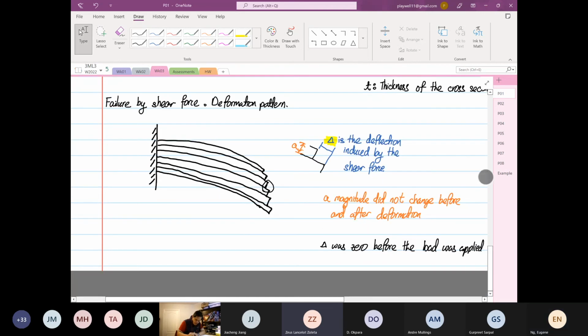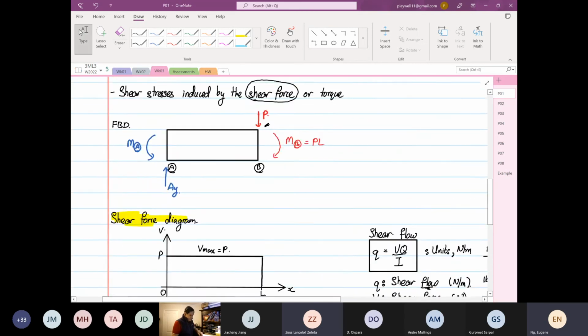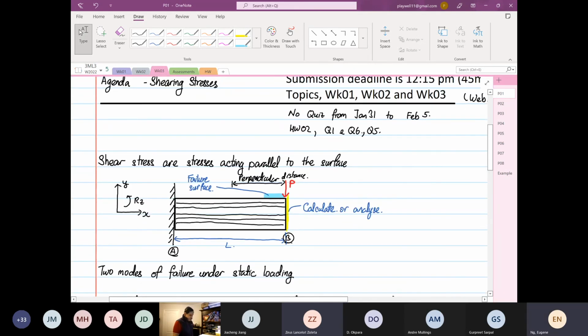Delta will have a magnitude with higher loads. So the higher the load, the bigger the delta. Now, coming back to the first diagram, where's delta? The yellow surface